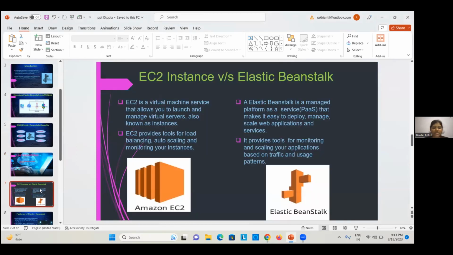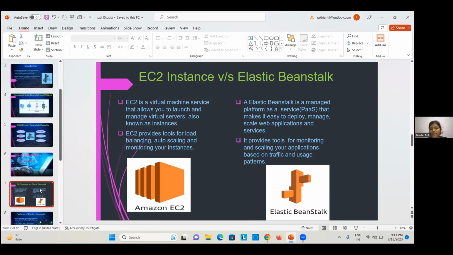Next is EC2 versus Elastic Beanstalk. EC2 is a virtual machine service that allows you to launch and manage virtual servers, also known as instances. With EC2 instances, you can choose from a variety of instance types, operating systems, and software configurations to run your applications.